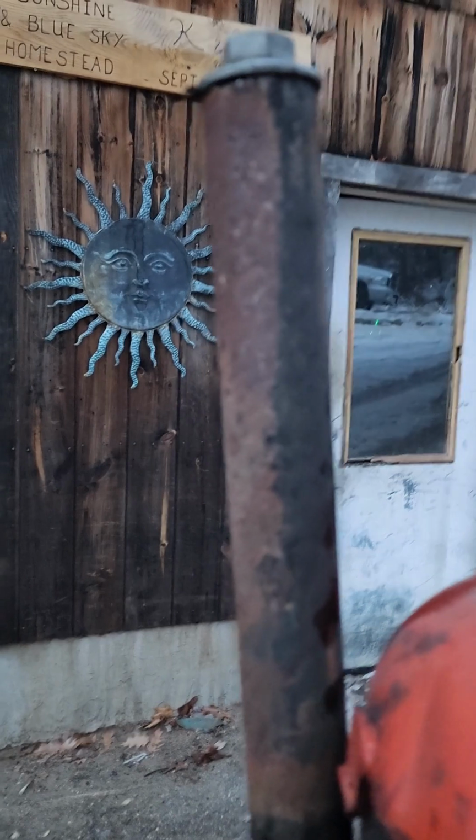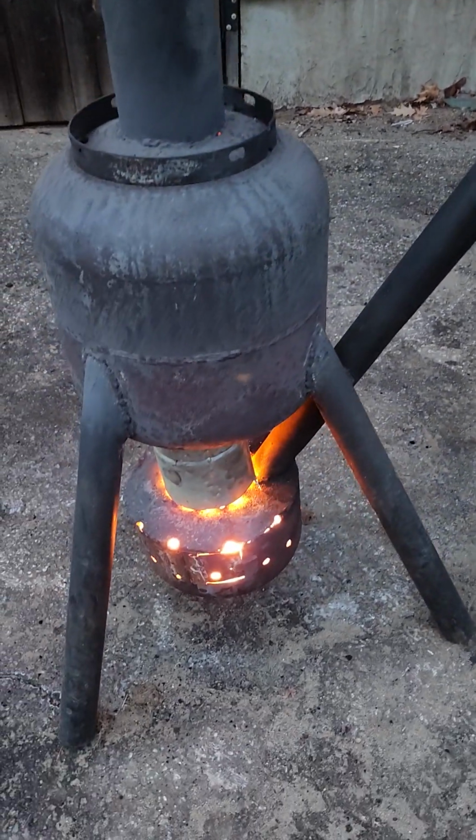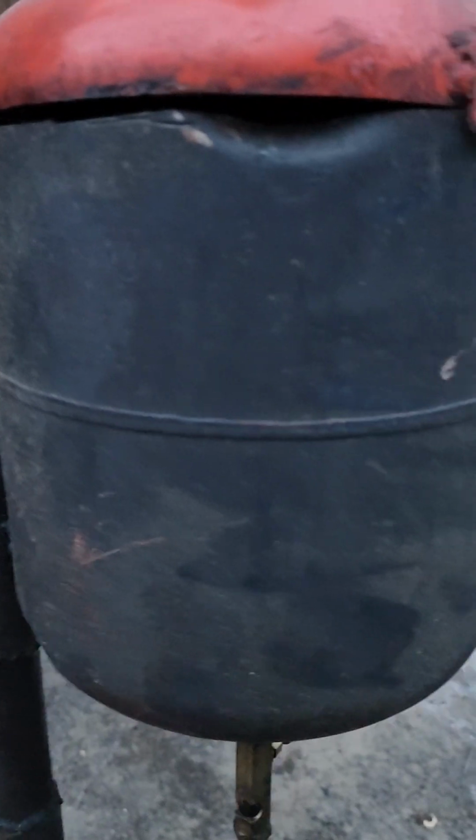But I have two means of feeding it. So at the top of this tube here, I take this plug out and I can put a funnel in, and I dump a little oil so it goes directly down in there. So I'm starting off with some. And then in this tank,